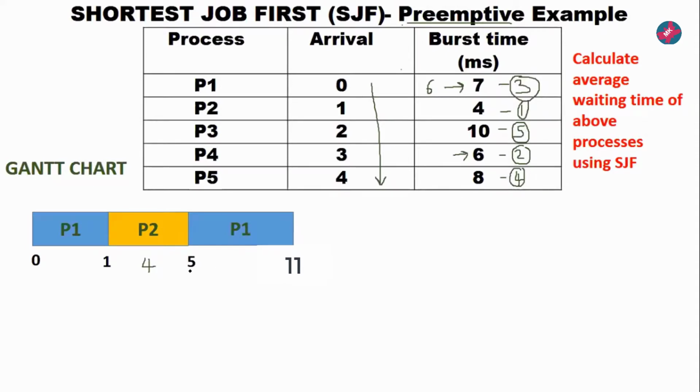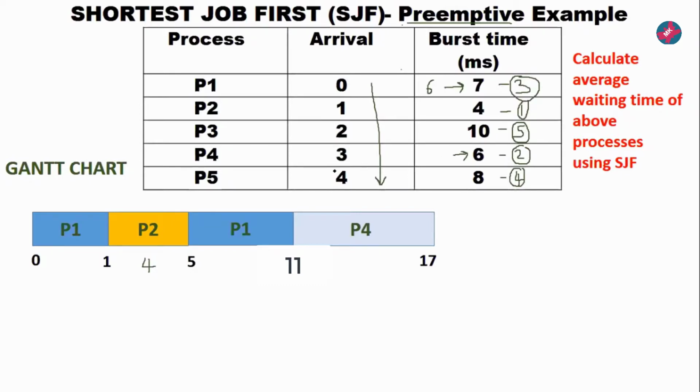What is here? Suppose 5 is there, right? And then it will execute for 6 milliseconds. So here it should be 11. Okay. So it will execute for 6 milliseconds. Then next what will happen? Now next P4 will be executed. So this will be executed for 6 milliseconds. So here it will execute after P1 for 6 milliseconds. So it will be executed from 11 to 17 milliseconds.